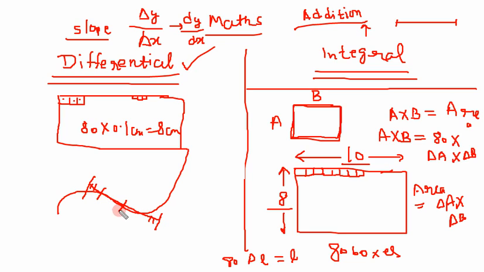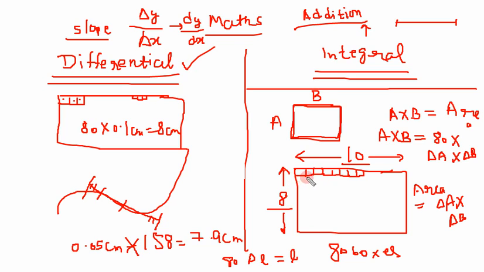We can reduce the size of the segment. Let us say now the size is 0.05 centimeter. Now the count will become 158. So what is the length of this line? This will become 7.9 centimeter. What we are seeing is that as we reduce the size of this small segment, we can measure the line more accurately.